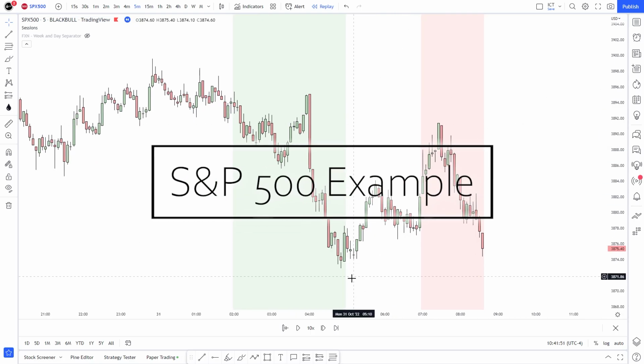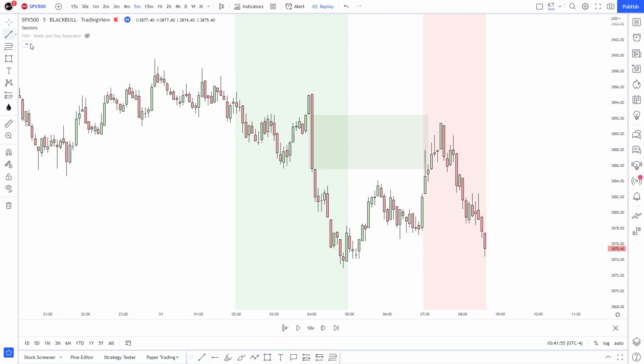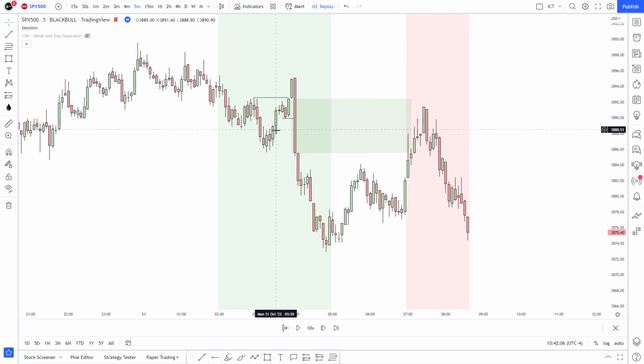I wanted to show you the S&P 500 trade as mentioned a little bit earlier. What do we have? Step 1, run on liquidity. Step 2, market shift, fair value gap as well. So step 2, actually this is step 2. Already a low that we can use as a market shift. So step 1, step 2, the fair value gap and the market shift. Step 3 is price trading back into it.